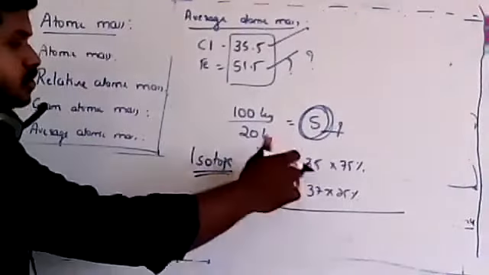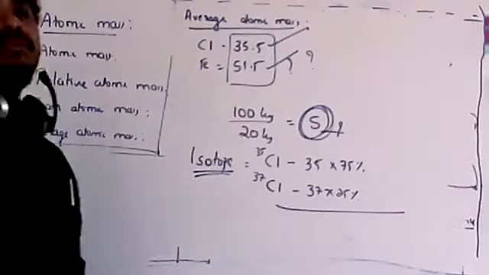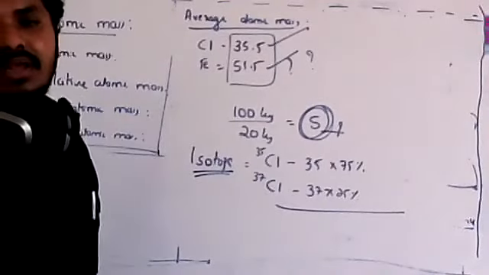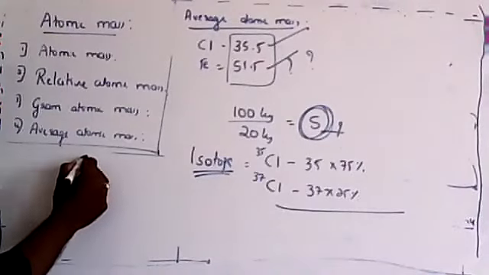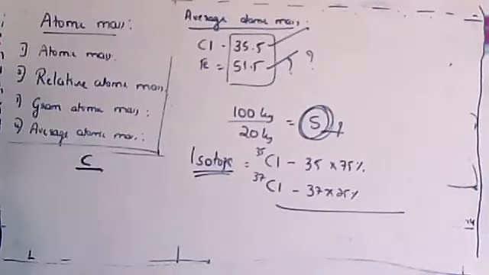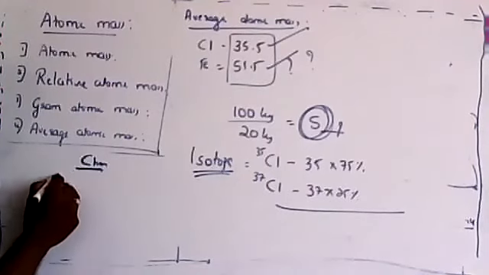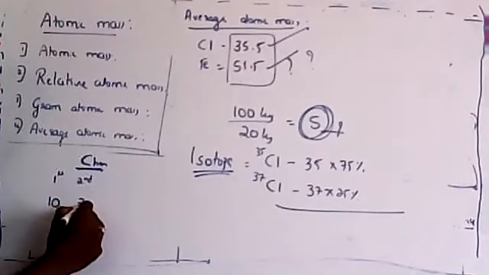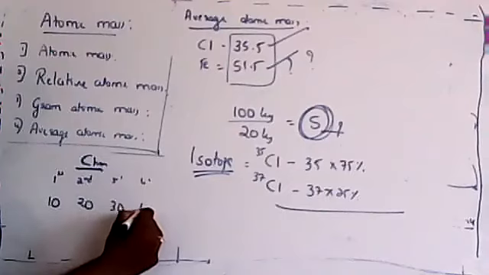It means add these two and divide by the number that is used. For example, if you are finding the average, you have the habit of taking the average. Imagine you have written the same chemistry test. In the first test you got 10 marks, in the second test you got 20 marks, in the third test you got 30 marks, and in the fourth test you got 40 marks.